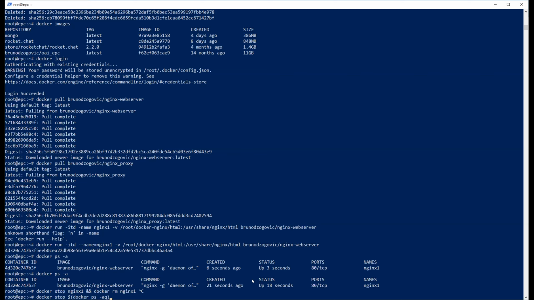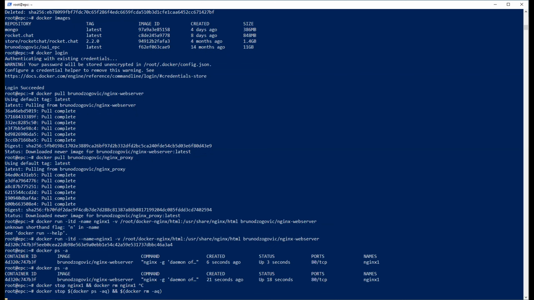So the ID of the container will be listed, and all of these containers with this ID will be stopped. And also the same command, but with docker remove -aq. And this will stop and remove all the containers that are running.